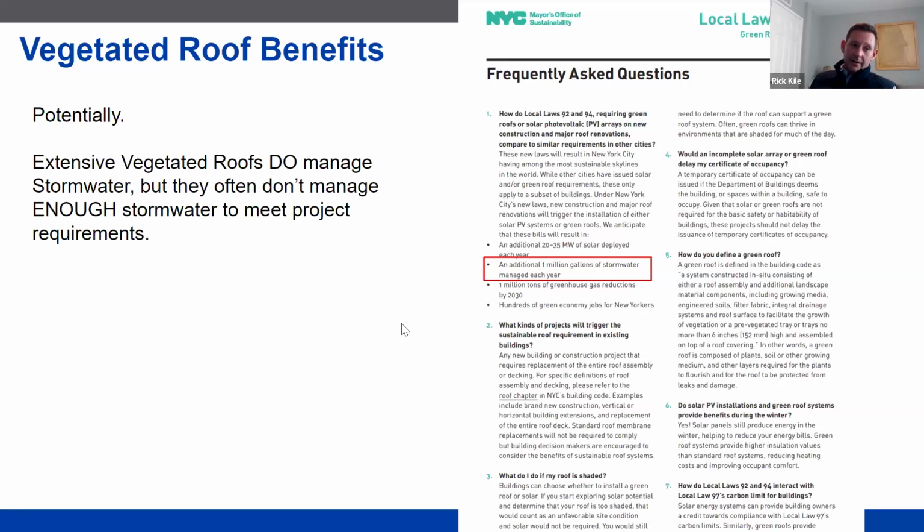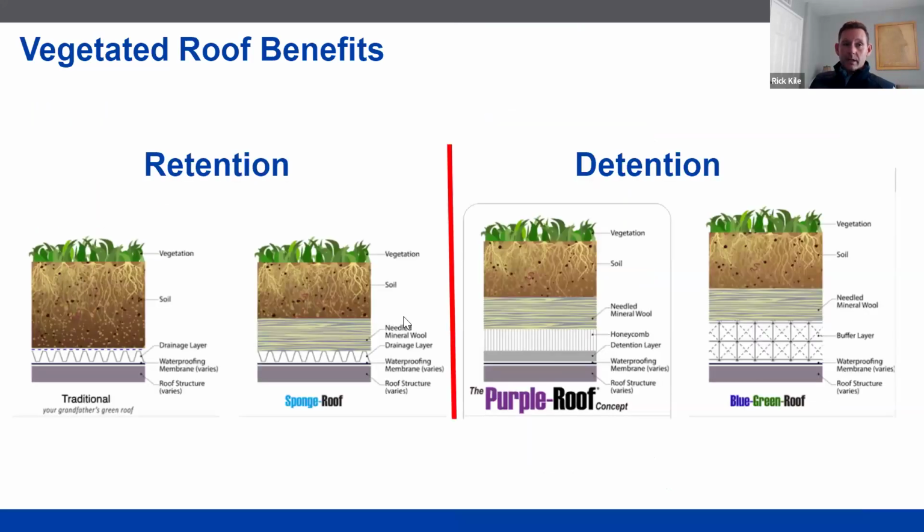Potentially we can do that, but most extensive vegetated roofs will manage stormwater via retention, but they won't manage enough stormwater. We haven't created enough space in your typical 4-inch vegetated roof profile to manage enough stormwater. And that's because most vegetated roofs, you see here on the left under retention, that's about all the stormwater they're